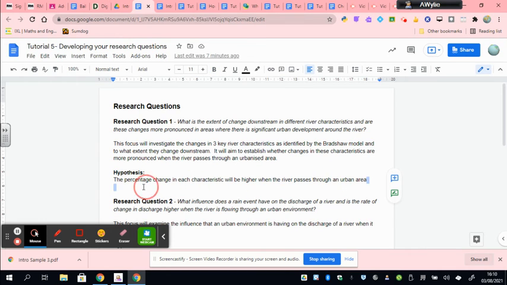So based on our prior reading and in the introduction, we would have trailed that idea that we're expecting rivers to change more dramatically in urban areas because of the impact that urban areas have on rivers. We're actually going to be bold enough to say what we expect to find. Now, we don't need to find that they're higher. We do not need to prove it's higher. We might actually end up proving it's no different, or that it's actually lower. But at the moment, based on the evidence we have from the background research we've done, we are expecting it